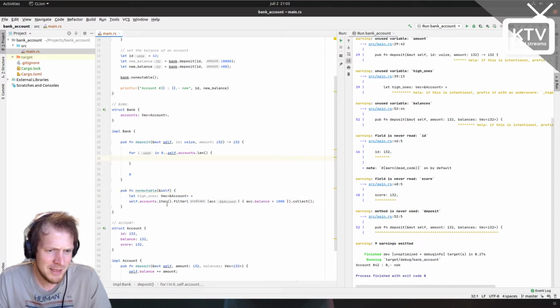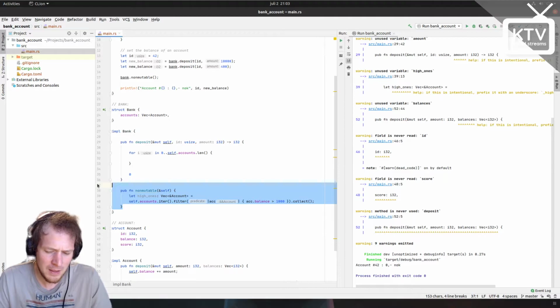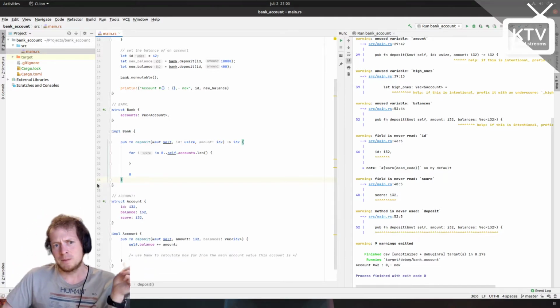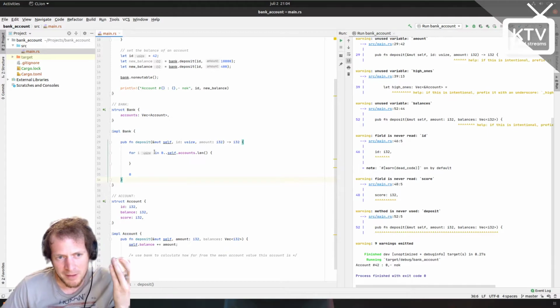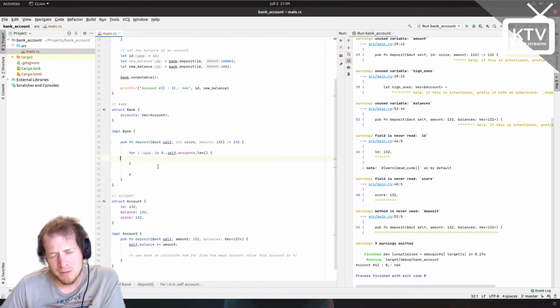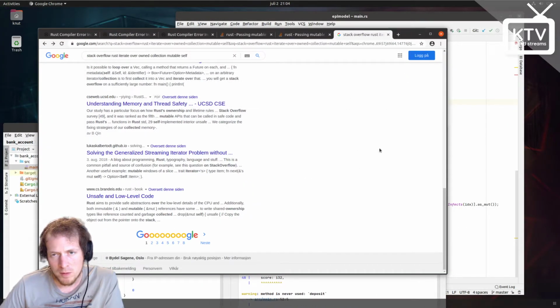Okay, so we have figured out how we can iterate over this. So in this particular case, we would be able to collect our accounts, and then we would pass these amounts into a deposit function, the balances. I don't think I'm going to finish this example, but that's what we would do. We create a new vector of i32s with the balances from these accounts. And then we would be able to do this scoring in the account as we use this function. So the other example from Stack Overflow was